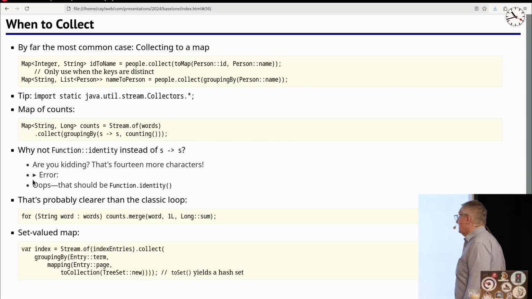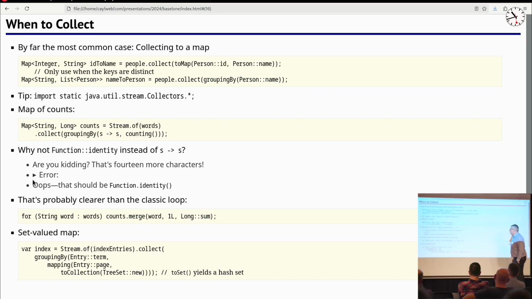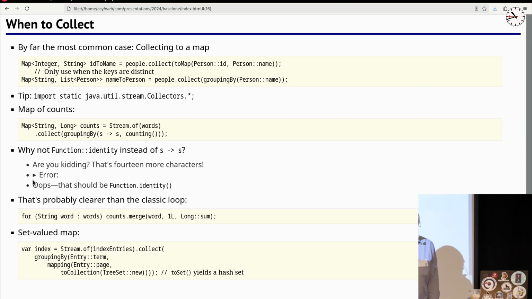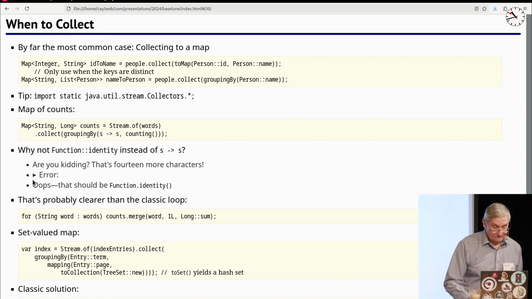The other thing is if you want to have a map of sets, that's what I often want to do, then that's a little bit tedious, but it still works with collecting. I say, this is my key extractor. This is the thing that I want to collect in a set, and then you have this downstream collector that puts it in a tree set. I could use toSet, but then I get a hash set. Just wanting to show what the possibilities are. So these kind of maps I routinely nowadays do with collectors, and I think that's fine.